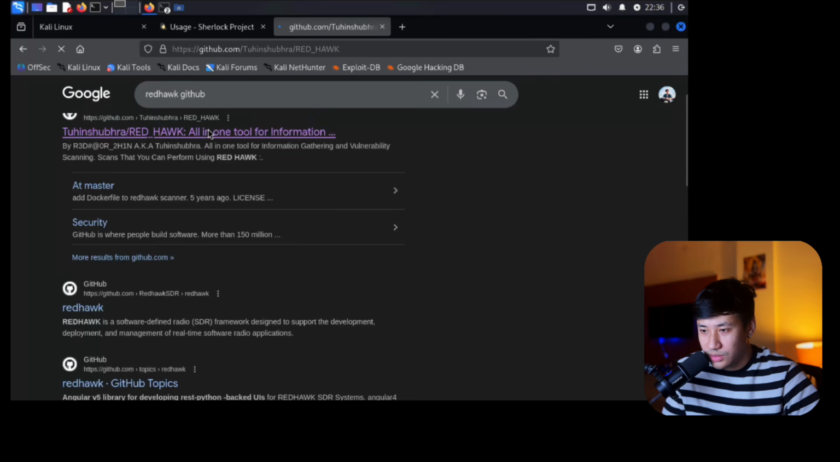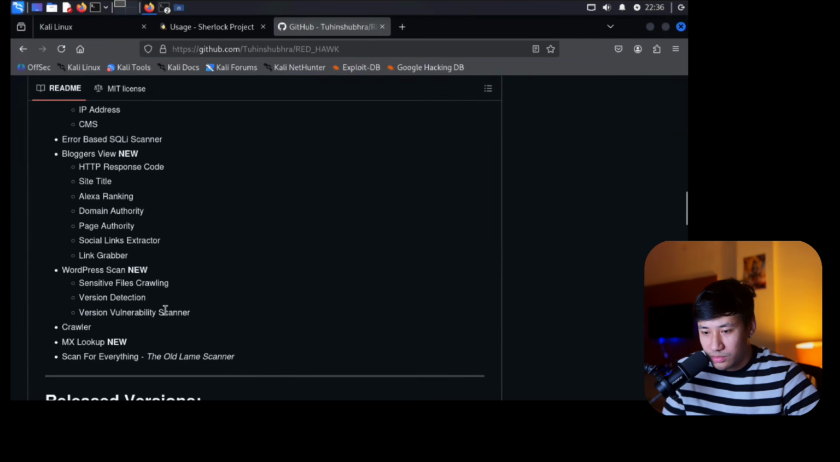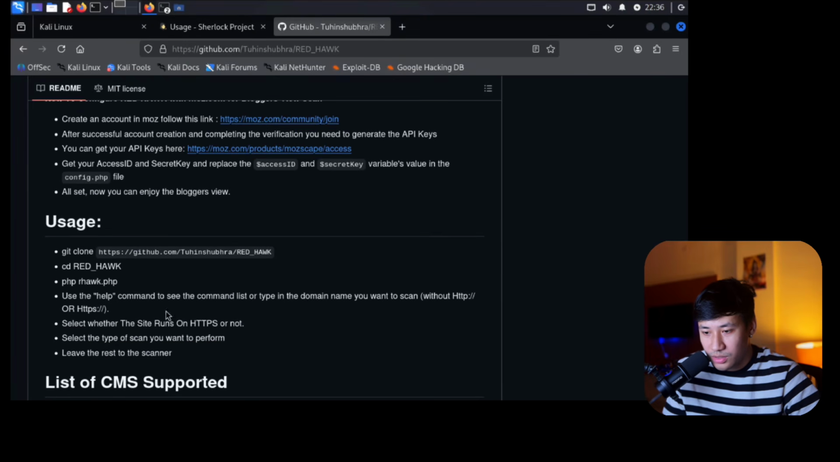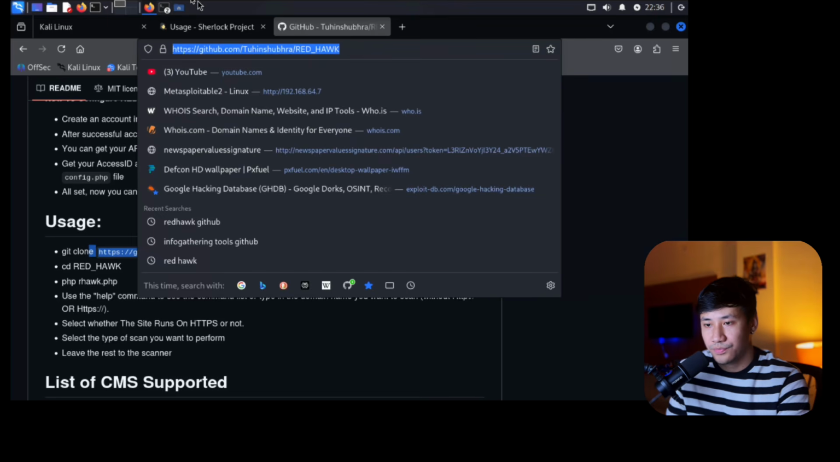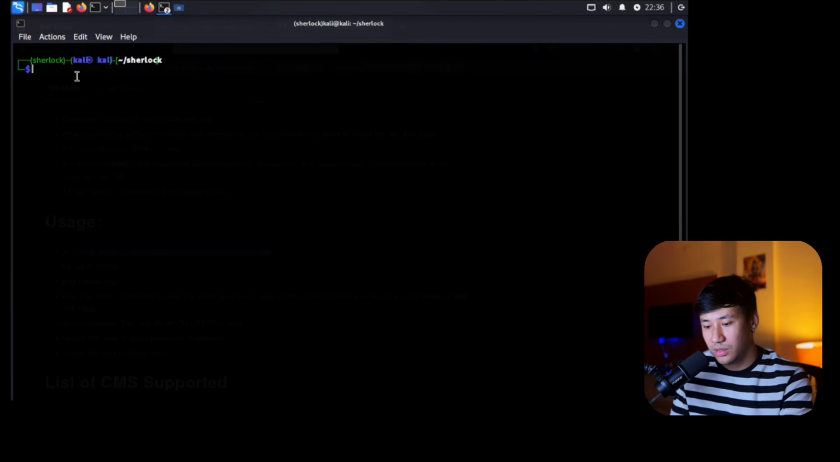So I'll just click on here and I'll go for usage installation process. So directly it is there, or you can directly just copy this, go to the terminal. What I'll do is I'll just go out from this directory and then I'll write git clone and then the,